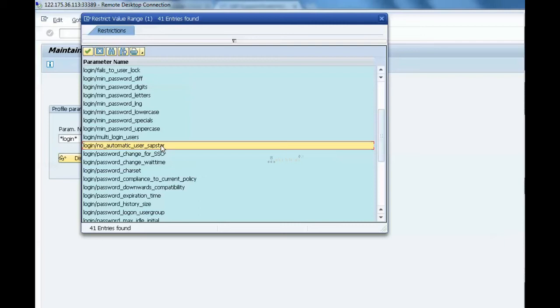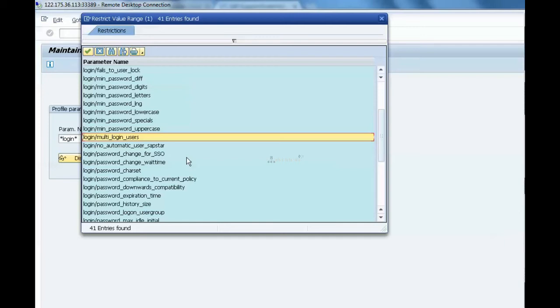If you open the instance profile, this parameter will not be available. If I need to maintain it in the instance profile, I need to click on create.